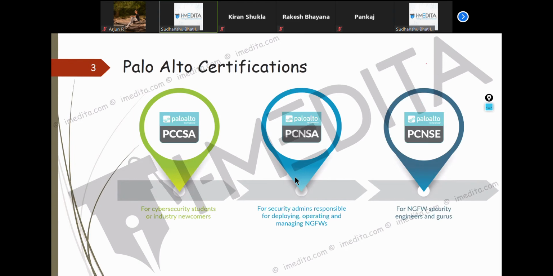Frankly speaking, in the market there is more demand just for this particular certification. Some HR or technical people don't even know that these certifications exist, so these two are not so popular, and there is a reason for that.